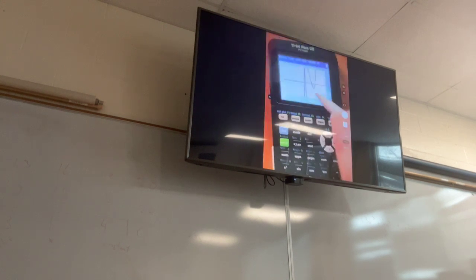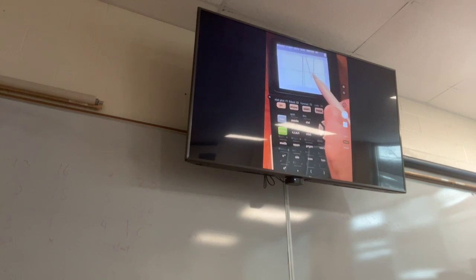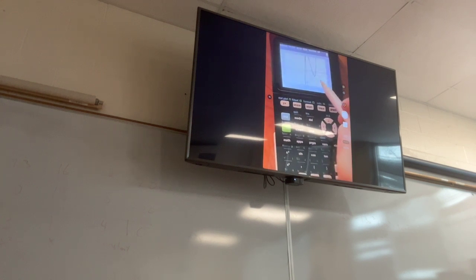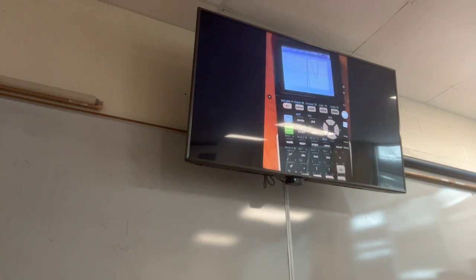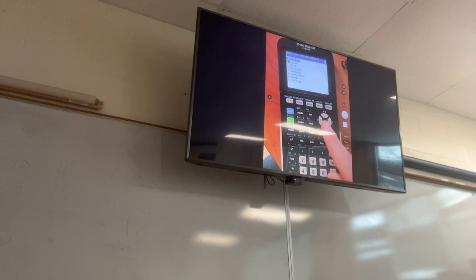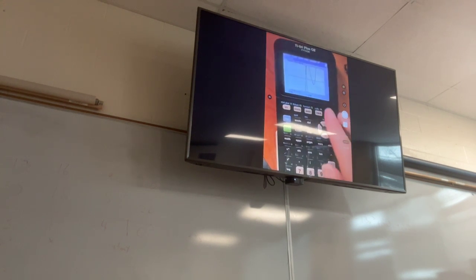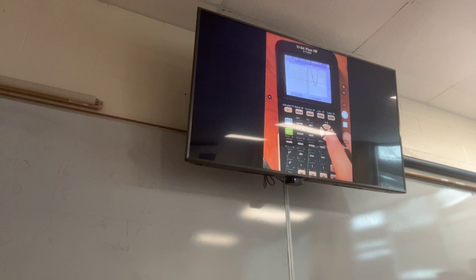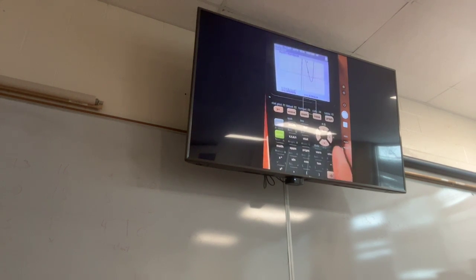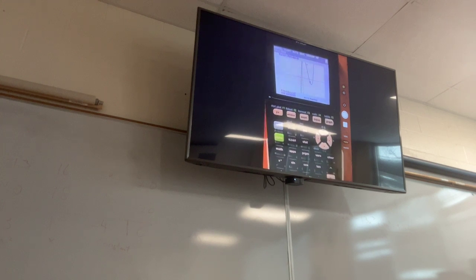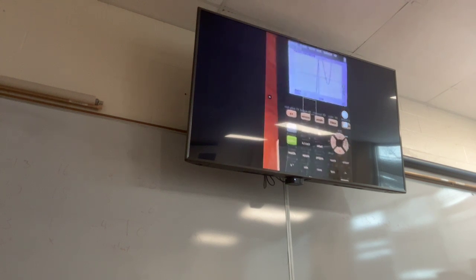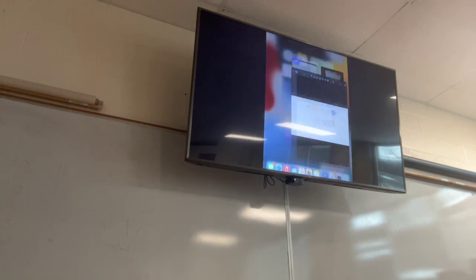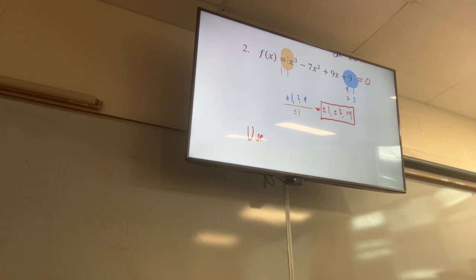When you have multiple, you want the one that's a whole number. Which one of these 3 solutions is going to be a whole number? Which one crosses the x-axis on one of the tick marks? 3, right? So let's confirm. Okay, second calc, 0. Okay, use the right arrow key. I'm going to move that cursor just to the left of that intersection, hit enter. Move it just to the right, hit enter. And then when it says guess, hit it one more time, okay? X equals 3, okay? So use calc to find x equals 3 as a solution,